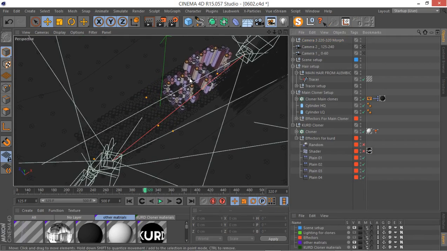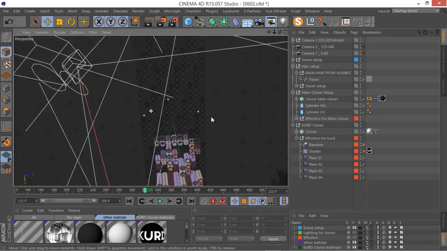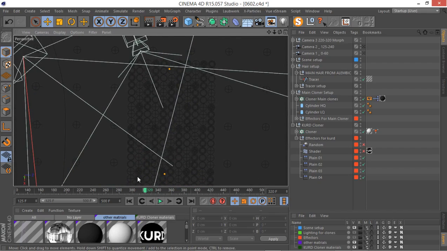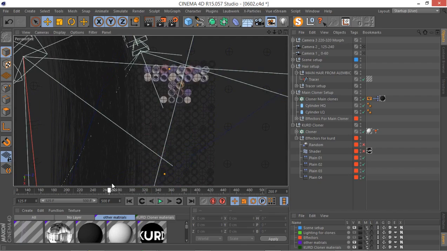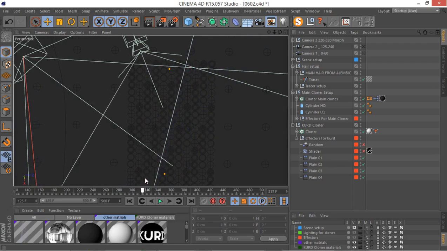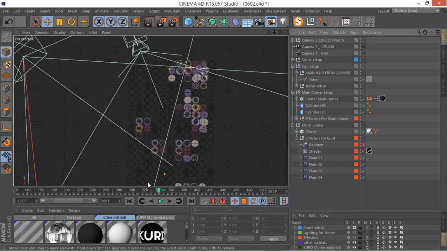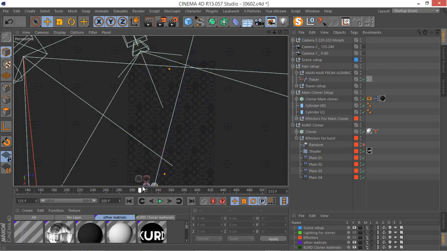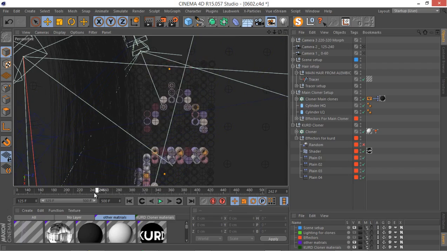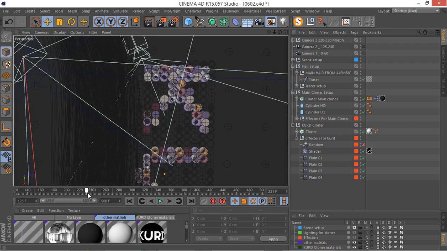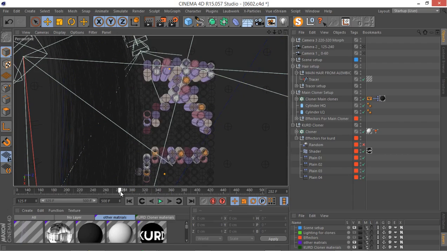Let's go to another angle. Let me get back to my default camera. Another angle that I really like is this top view, and let's just take a look and see which frame we want. As you can see here, and our shader effector, let me enable it here too. I think I'm going to stay. You can see this is our first burst. So I'm going to actually